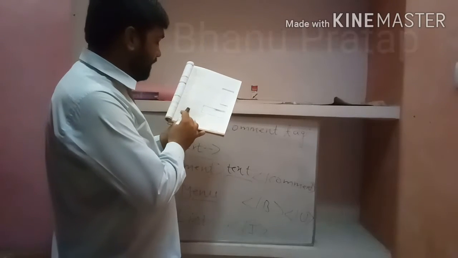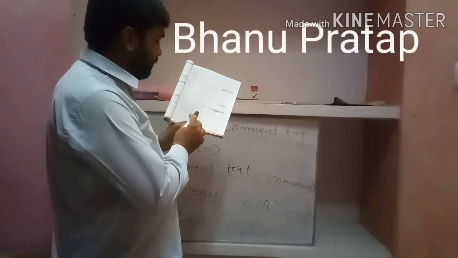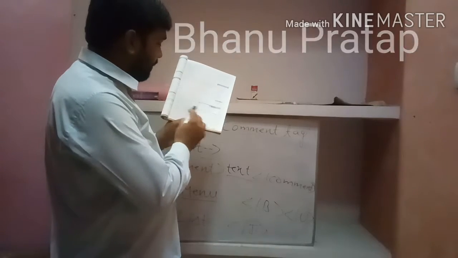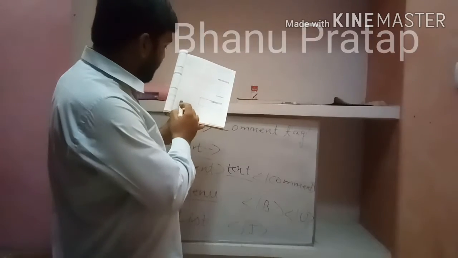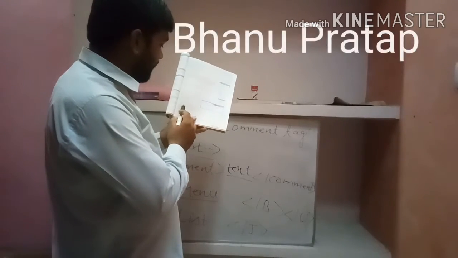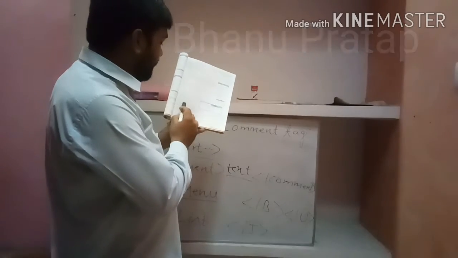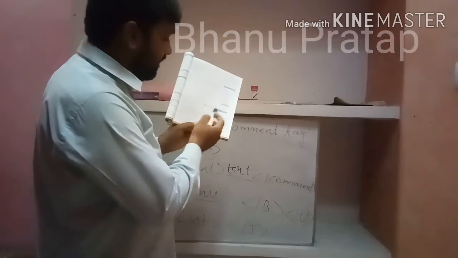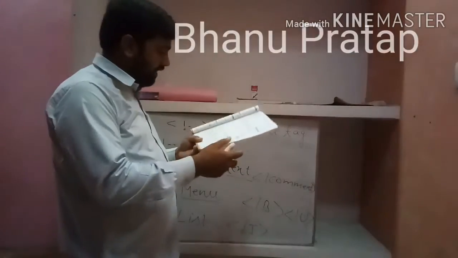This text will not be displayed in the browser, and here the angle bracket closes. Now see, that line has not appeared on the web page. Here, see that line is missing. Only the three paragraphs which are written inside the HTML code, only those three paragraphs we are seeing. See this first line, this text will not be displayed in the browser. Exactly, it is not displayed in the browser.